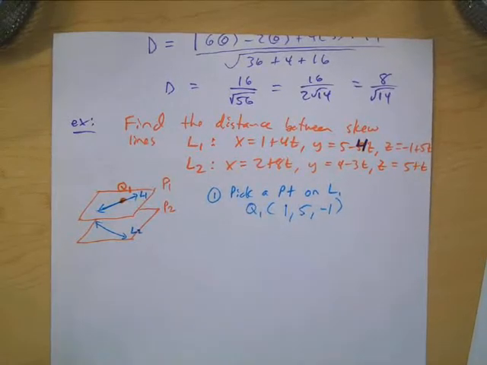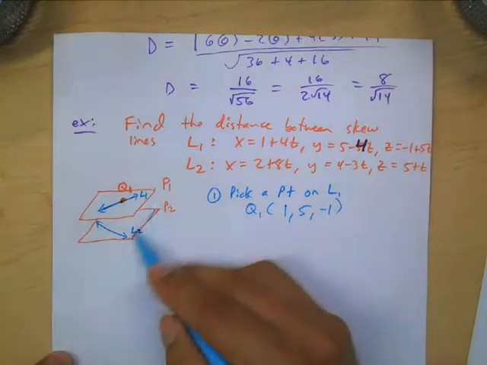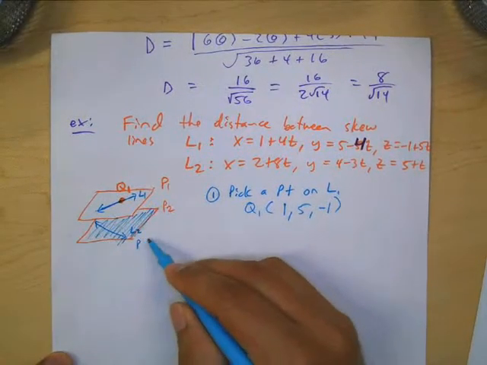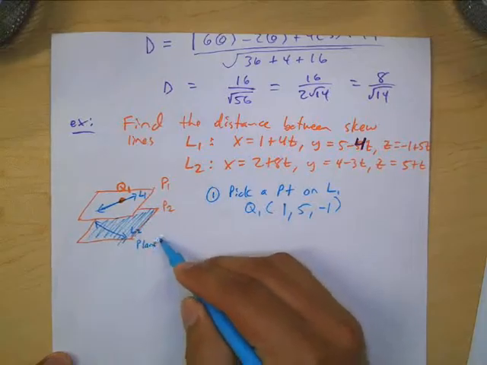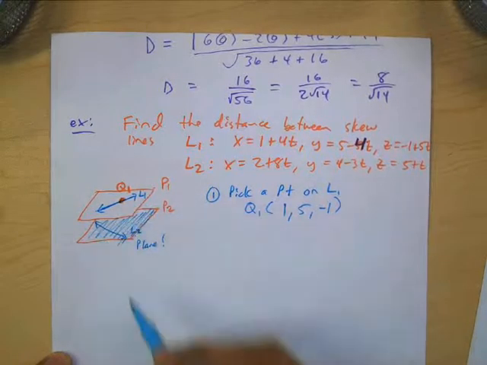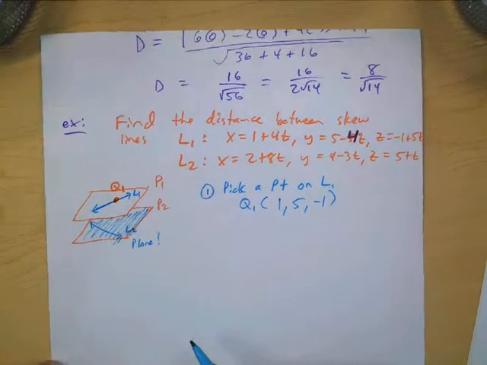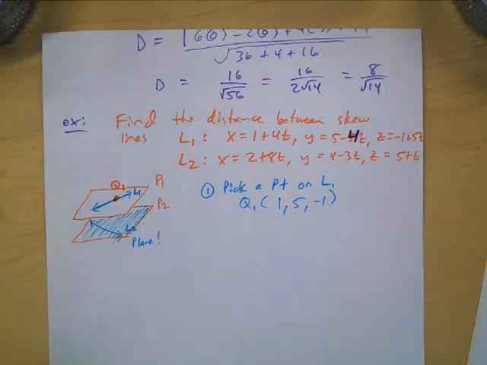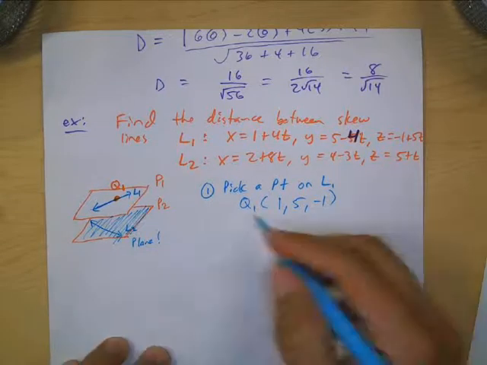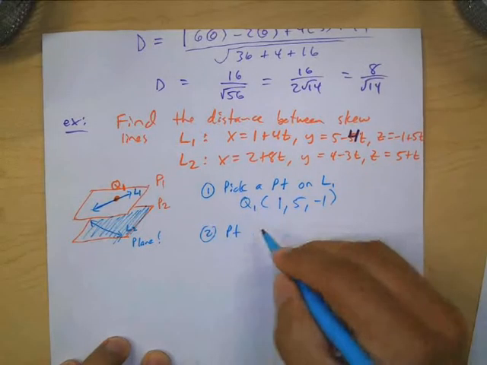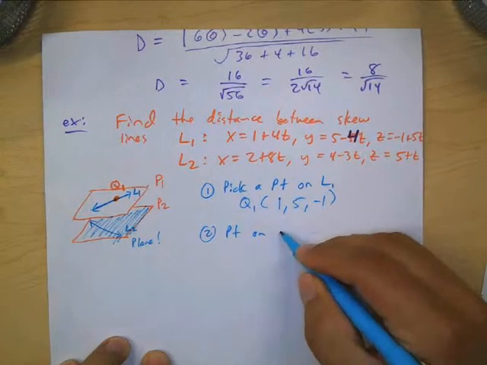Let's finish what I have here, and then we can talk about your other ideas. Okay? We have a point, we need a plane, right? Ideally, we want to use this plane, correct? So this is the plane that I want to use, because now I have a point. If I can find the equation of this plane, then we're good to go. Well, what two things do we need for the equation of a plane? Yeah, so we need a point on the plane, or on L2,